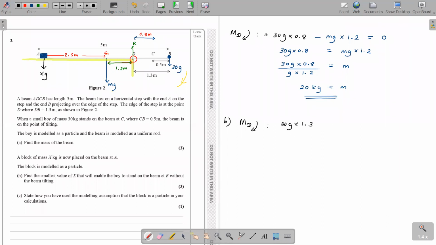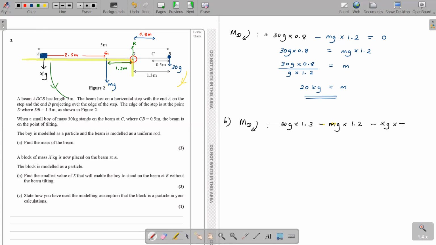Okay, then the next one. mg gives you a clockwise or anti-clockwise moment around the point D? You can see mg is pulling down, so it gives an anti-clockwise moment, which means minus mg into how much? The perpendicular distance from G to D is 1.2. Are you with me? And the next one, around point D, I have to consider X. X is pulling down, so it gives an anti-clockwise moment, which means negative xg